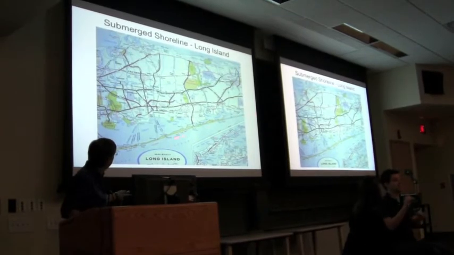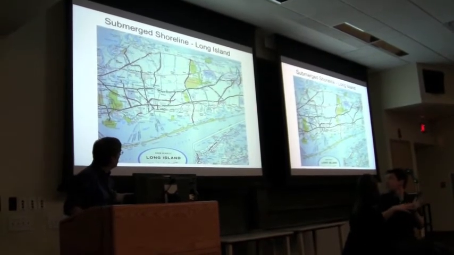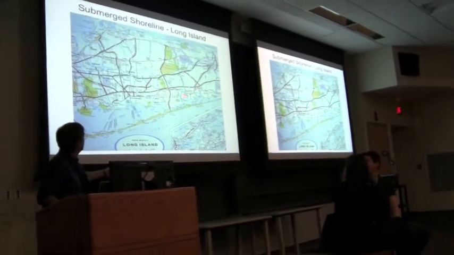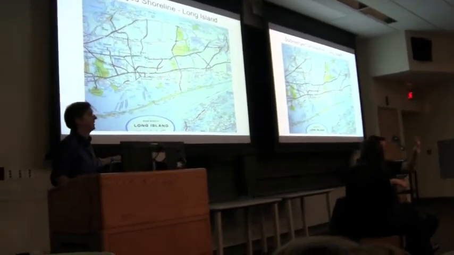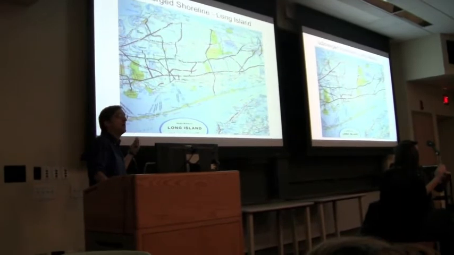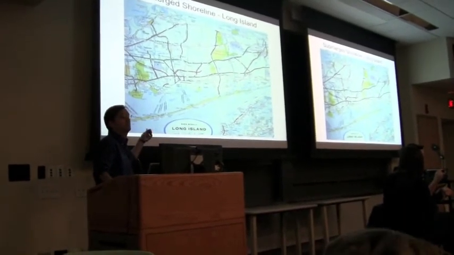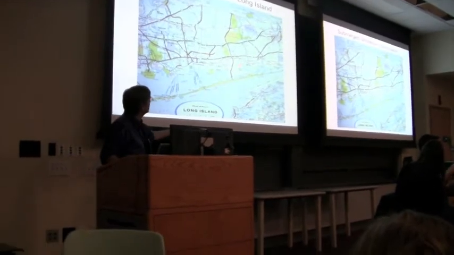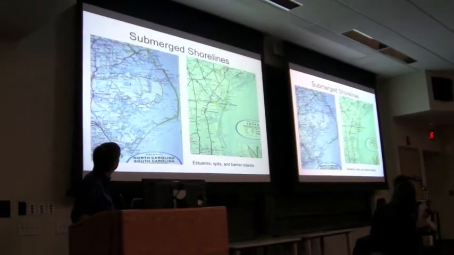South side of Long Island, here's Fire Island. All of this are these barrier islands, and behind it you've got the large estuaries. So they happen at many different scales. Little ponds on Martha's Vineyard, or certainly on the south side of Long Island, the New Jersey shore, or what